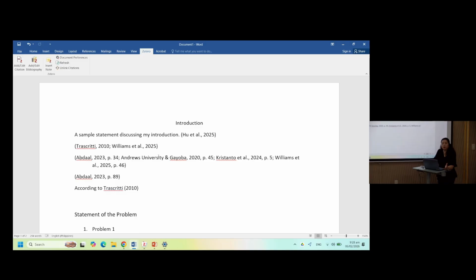For some Zotero users, they only use Zotero for gathering their resources and using it for citing and bibliography, not using the notes. Okay? But for some, they use it up to tagging their resources, up to that level, which is really like a pro level of using Zotero. Yeah. But it took time for them to use that up to that level.